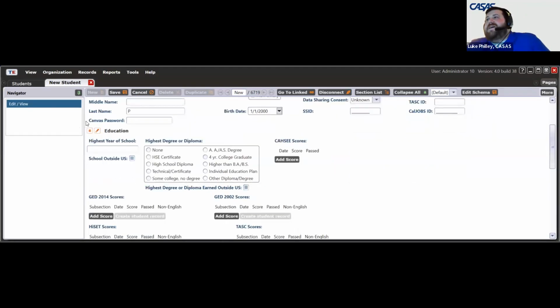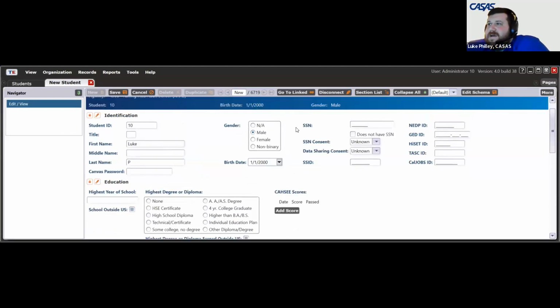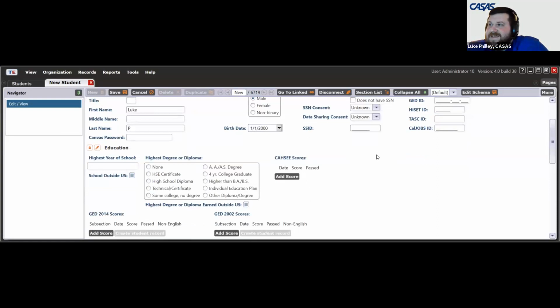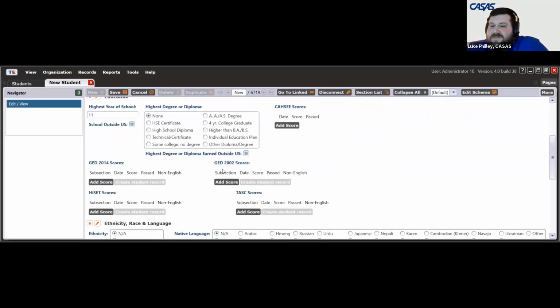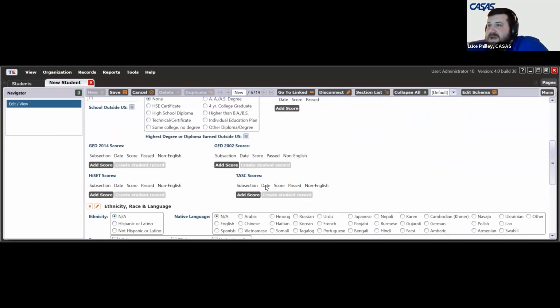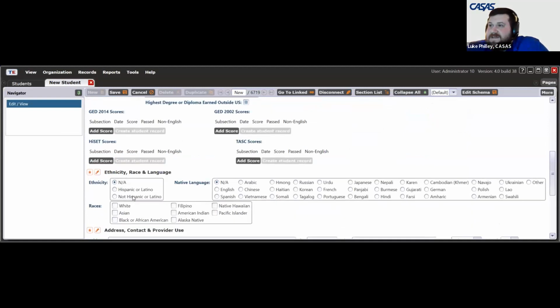As you can see underneath, you've got your SSNs, your SSN consents, your SSIDs, your NEDPI, GDID, HiSet, task, CalJobs ID. You can put in highest level of school, your KC information, 2012 versus 2002 schools, your task, your HiSet, your races, your